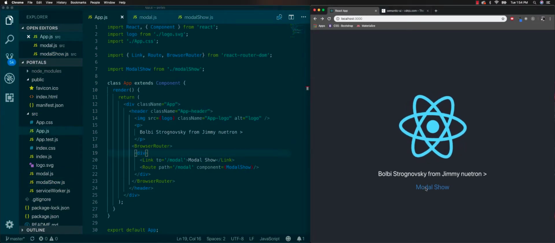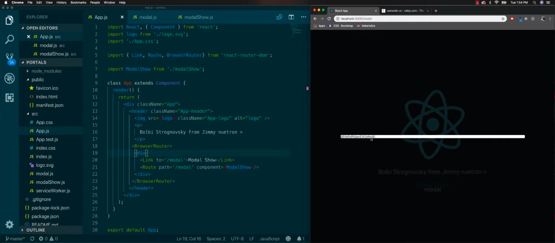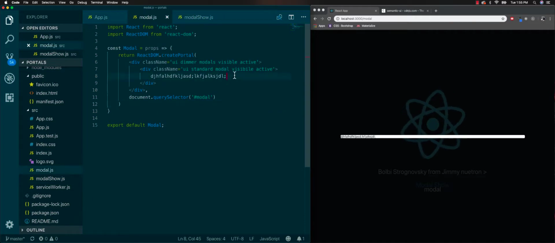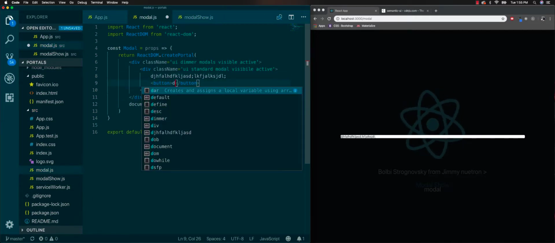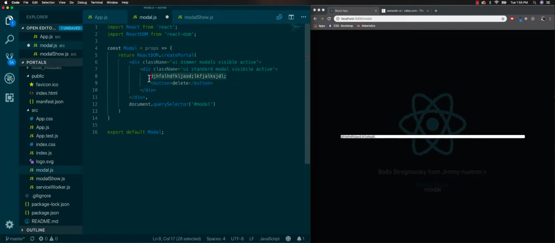So you click ModalShow, and then you get this nice modal. What you normally would like is that you can click out here, and then it will go back to the normal home page, right? And usually you'd have this on a delete, so you hit delete and then it'll pop up, and it'll have an option like, do you really want to delete? So that's when you would add all that in here, right? You can do a button, and then it would handle all that delete stuff, right? And then here it'd be like, are you